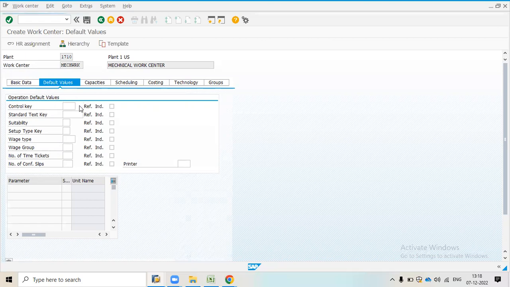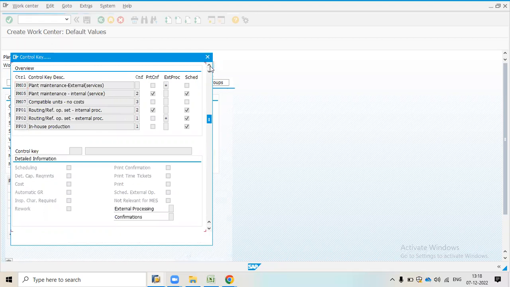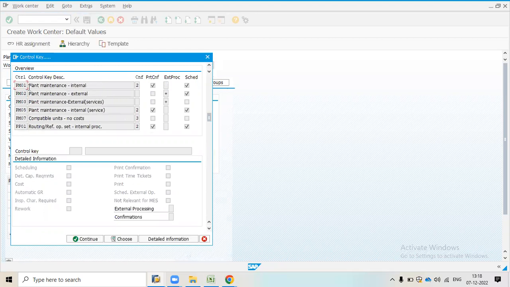So from here we can select control key. I will scroll down, and you can see one control key is PM01. It is standard, and we are considering PM01 as plant maintenance internal.